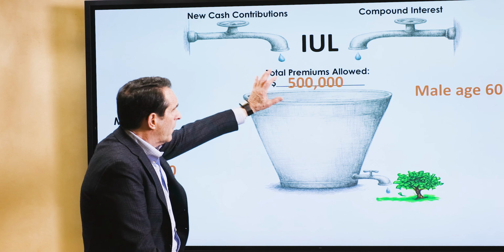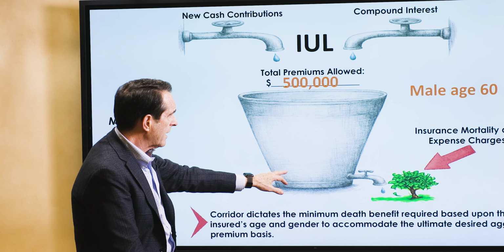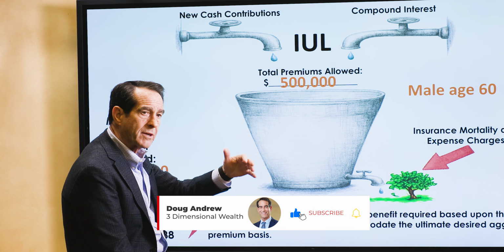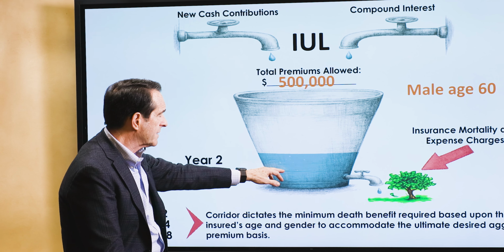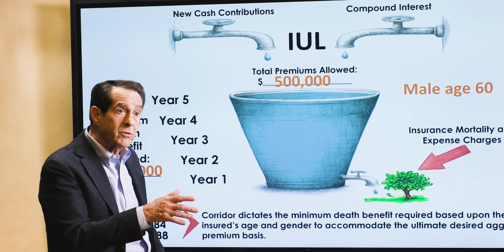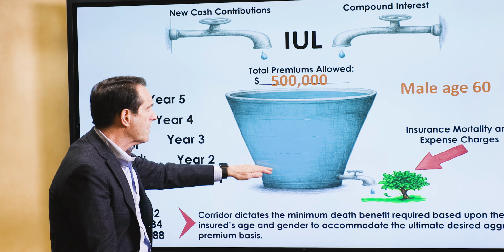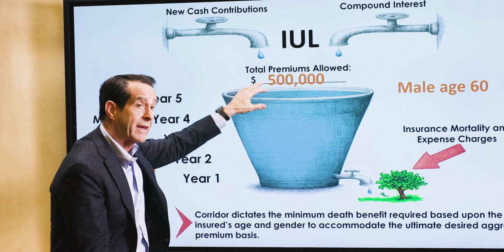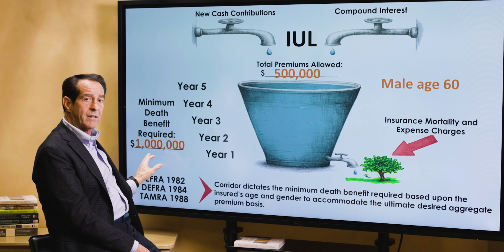Why? When I want to reposition $500,000, Tamara says, I can only do it about 20 to 25% a year, 100 to 125 grand. We'll just say 100 grand. You can put in 100 grand the first day of the first year, the first day of the second year, another 100 grand, the first day of the third, first day of the fourth, first day of the fifth year is technically 4 years and 1 day into the IUL contract. So far, so good. Now, every time I add money to it, the cash that I'm putting in and the